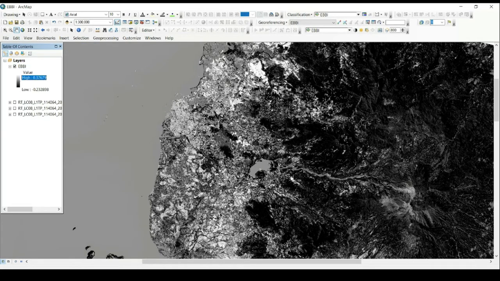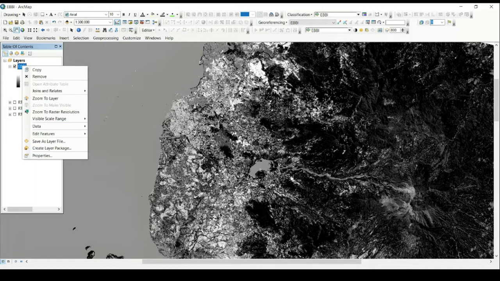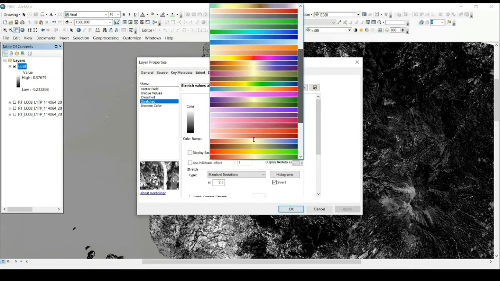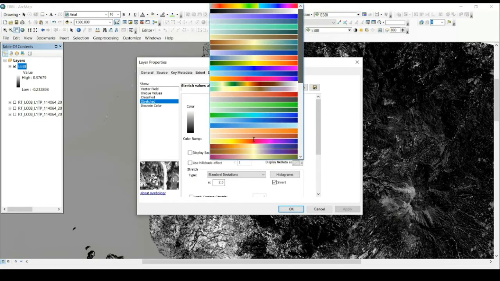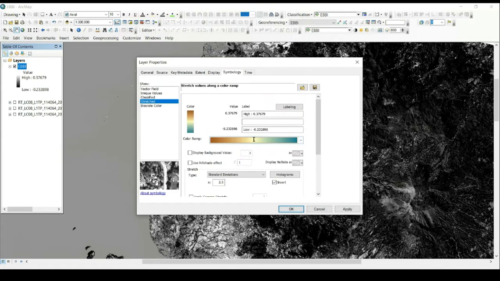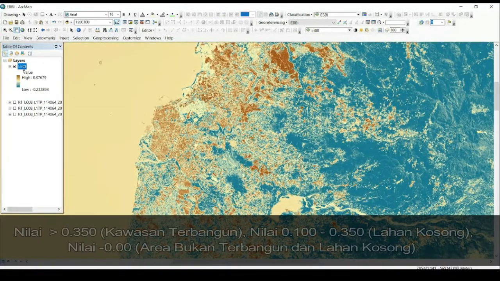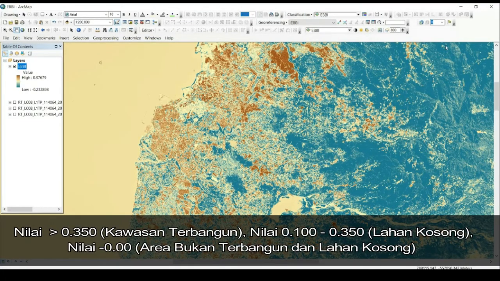So first I would like to apply a color ramp in order to classify the values. I choose this, and then you can apply it. And now you can see the high value corresponds to the built-up area.